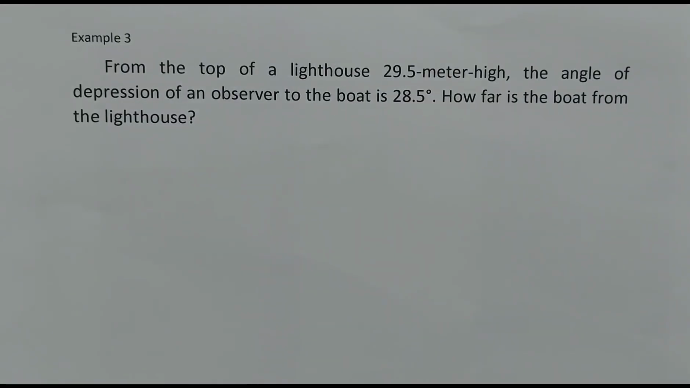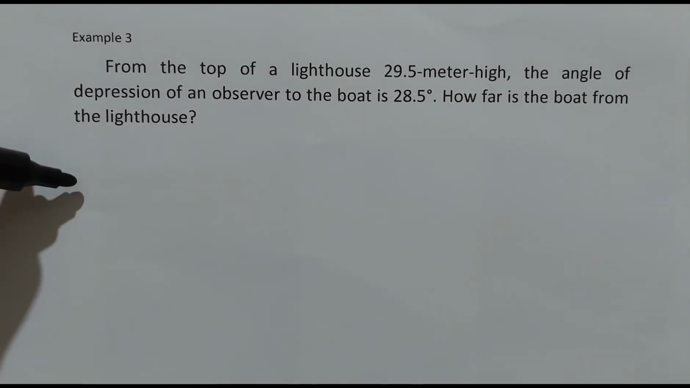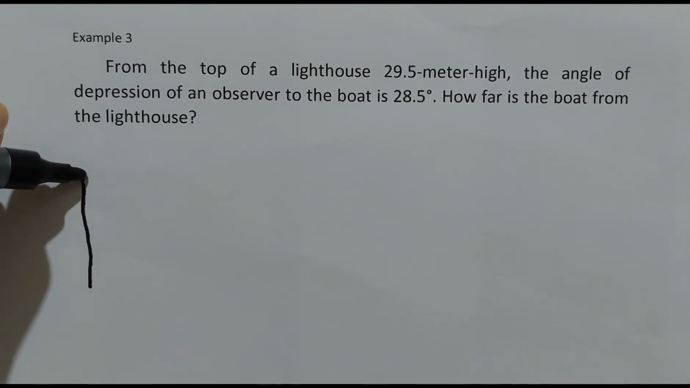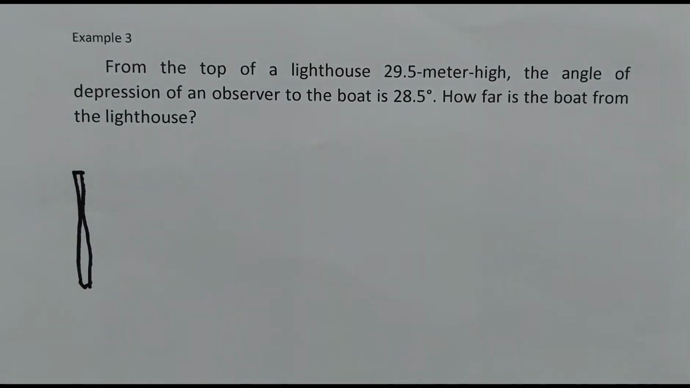Okay, let's have example number 3. From the top of a lighthouse, 29.5 meters high, the angle of depression of an observer to the boat is 28.5 degrees. How far is the boat from the lighthouse? Again, let us illustrate the problem. So, we have a lighthouse. What if this is our lighthouse? From the top of the lighthouse, the height of the lighthouse is 29.5